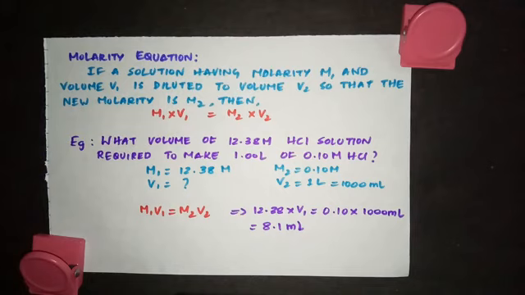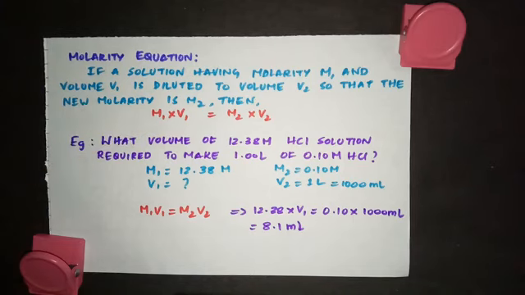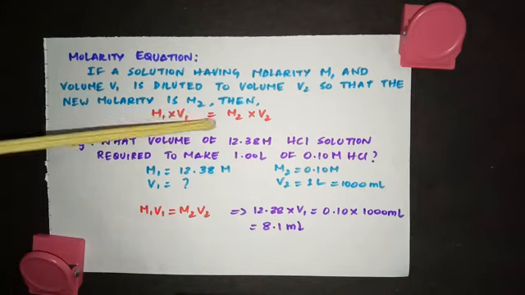And what I am doing is taking that solution and diluting it to a new volume, which means I am adding water to that solution and making it up to a new volume. What will be the new molarity? I am taking it to be M2. So M1 and V1 are for the solution that I have, and V2 and M2 are for the new solution after diluting. So look at this equation: M1 V1 will be equal to M2 V2, because there will not be any change in the number of moles, you are just diluting it. So remember this equation, M1 V1 is equal to M2 V2.